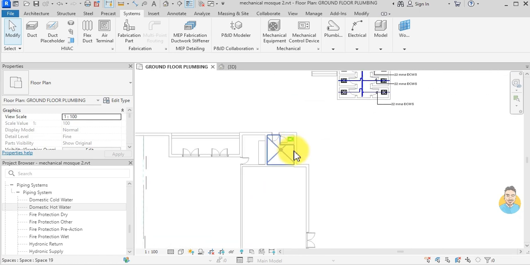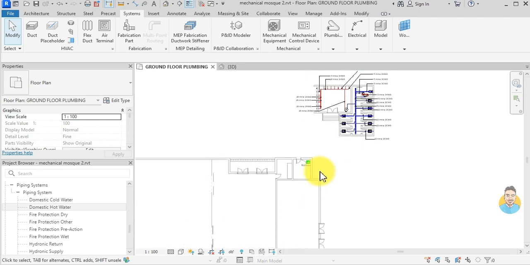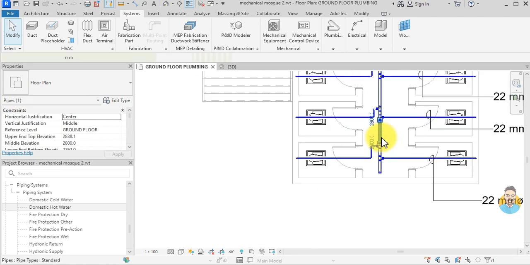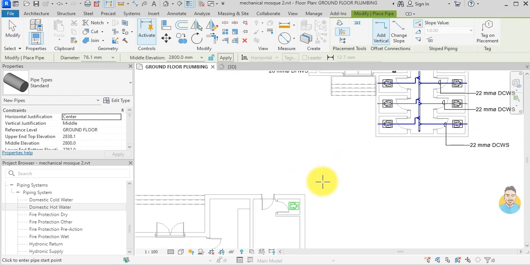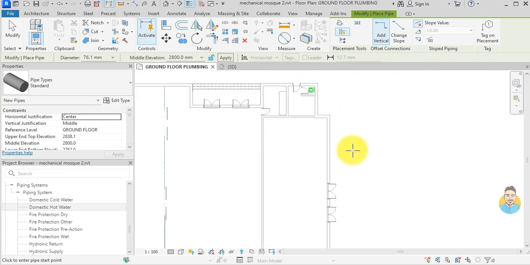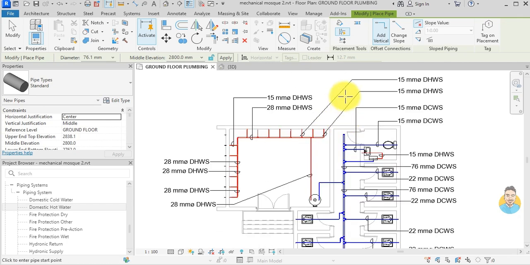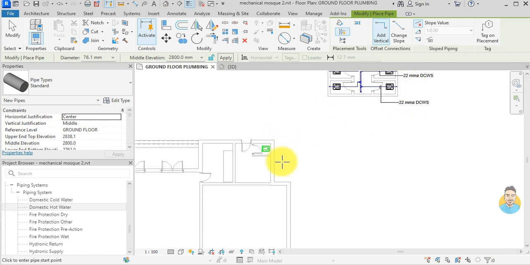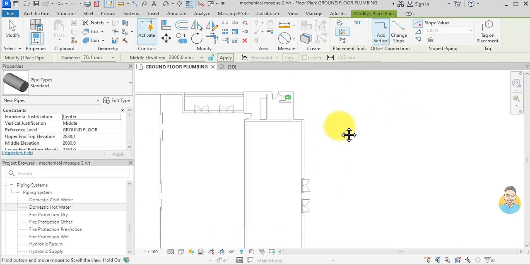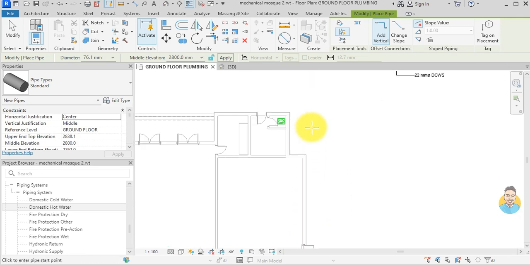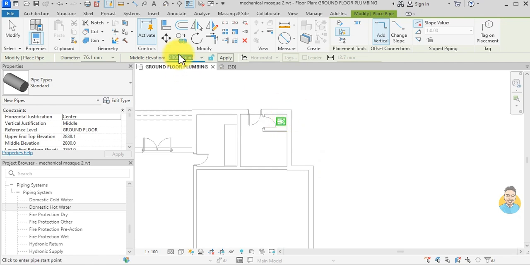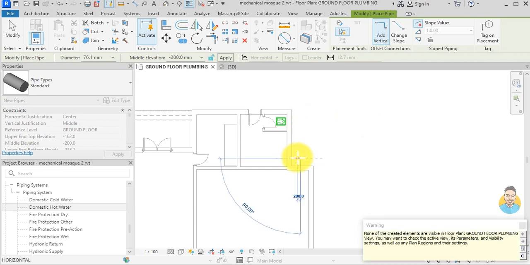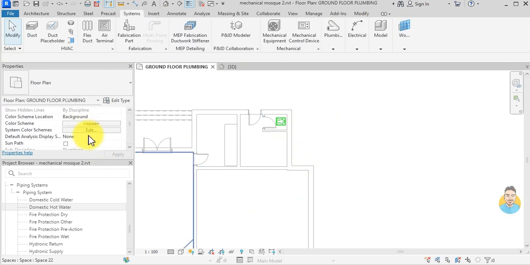Also, I can get the water supply from this pipe, CS, but this one I want to make it just below the ground, so the water supply is coming from the city to here, and then it's distributing. It runs below the ground and then goes all the way to all the other washrooms. So I can give it a middle elevation of minus 200. It will not show because the view range is set to 0. So I will just place this one here, and then I go to the